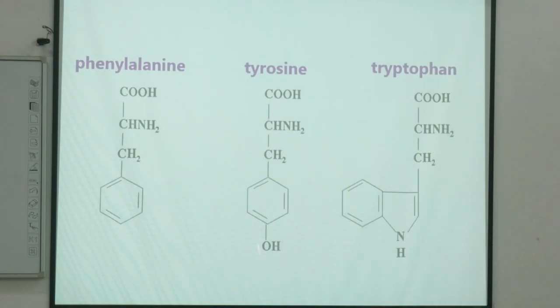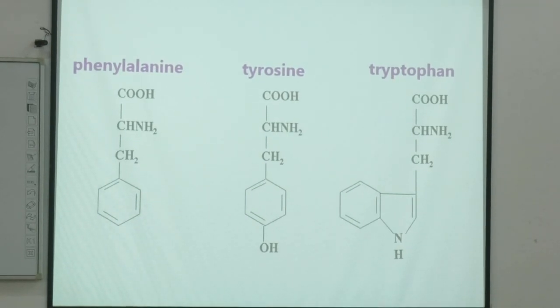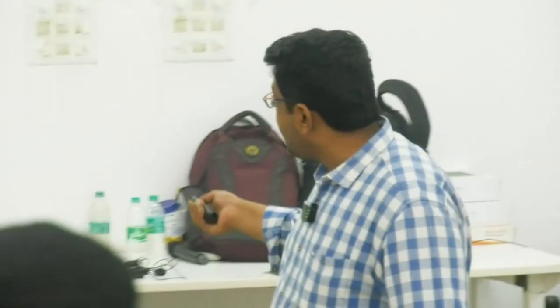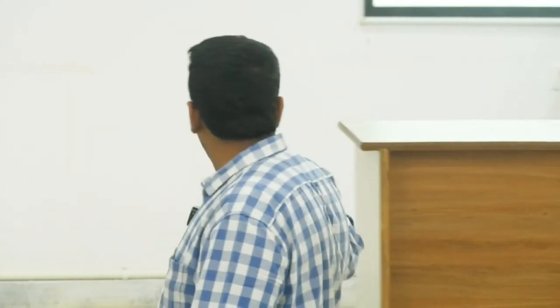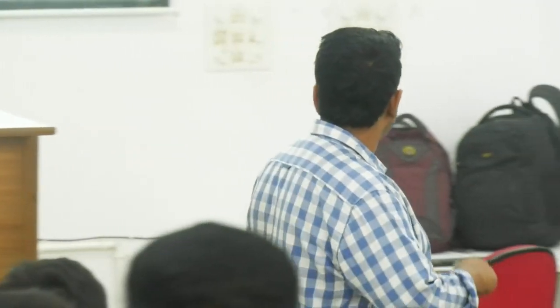Now put a hydroxyl group at the bottom of phenylalanine, and you get tyrosine. And tryptophan, as I said, is a heterocyclic structure. It has a pentane structure along with a benzene ring, having an amine group at its center. So this is your tryptophan. This is how it looks.